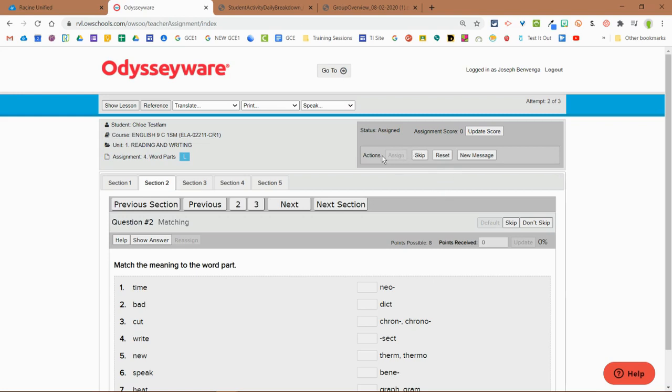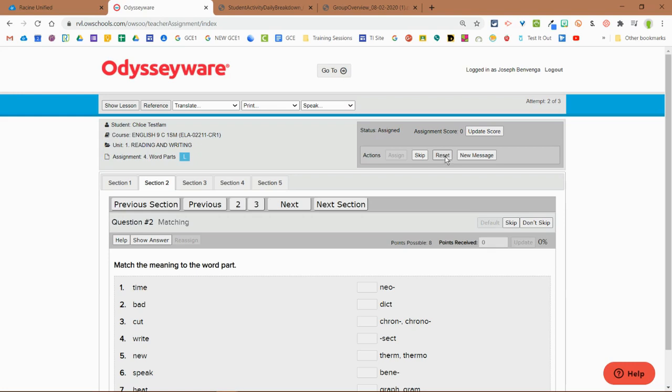Up above that, we have the actual full lesson up here. So when we see the actions on the top, the skip button up here does a little bit more. It actually skips the entire lesson. So if I click skip here, it's going to skip this entire lesson. So make sure if you're hitting the skip button here that it is intentional and the student should not be completing this lesson. If for whatever reason you need to reset a lesson, you could do that by clicking the